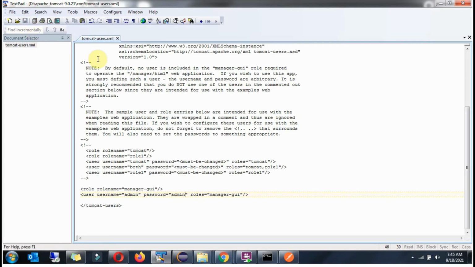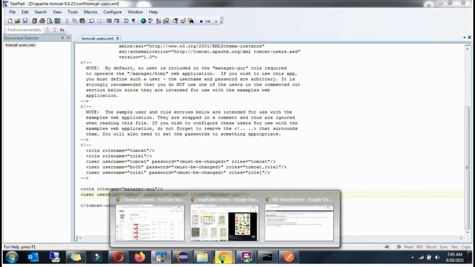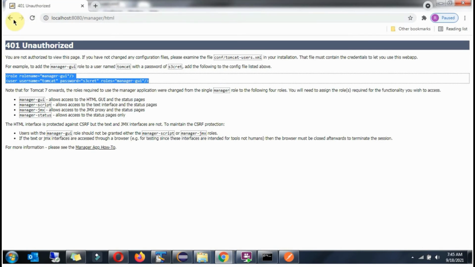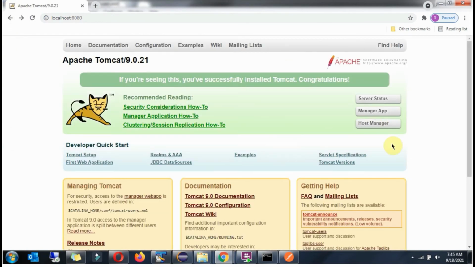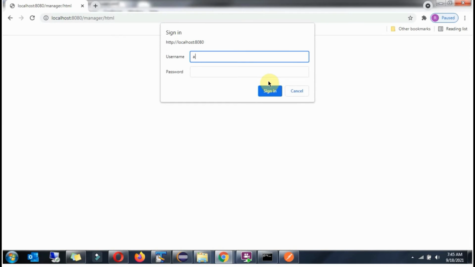Save the change. Go back. Click on manager app. Give admin, admin. Username is admin and password is admin, which we have configured just now. Click on sign in.